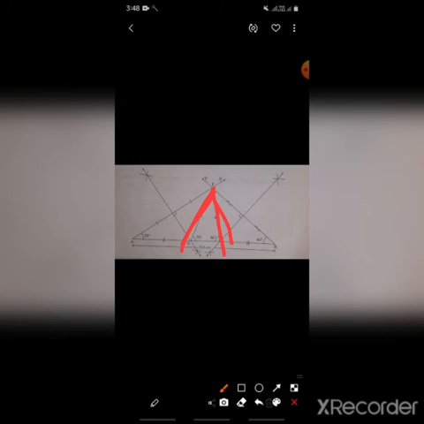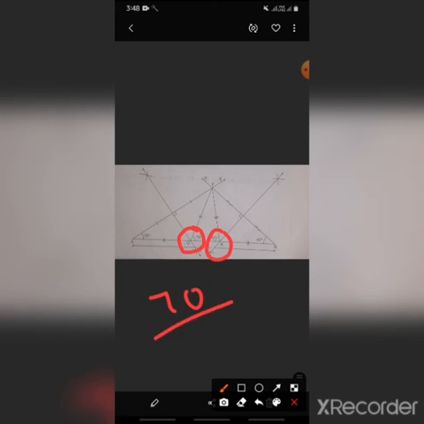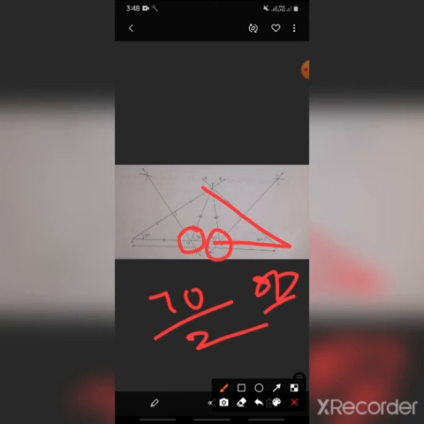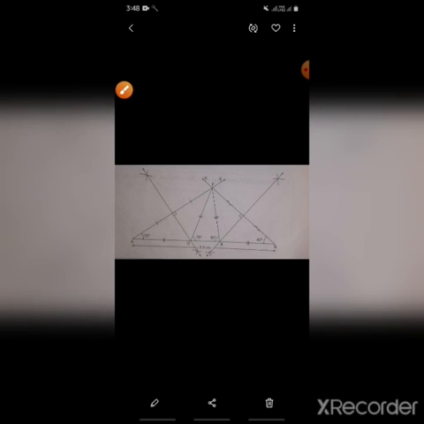Which PQ and RQ? Students, remember that in the question Q is equal to 70 and R is equal to 80, but we have to take half of 70 and half of 80. Half of 80 is 40, so we have to take 40 here, and half of 70 is 35, so we have to take 35 from here. Okay, according to this you have to solve the second and third ones also.